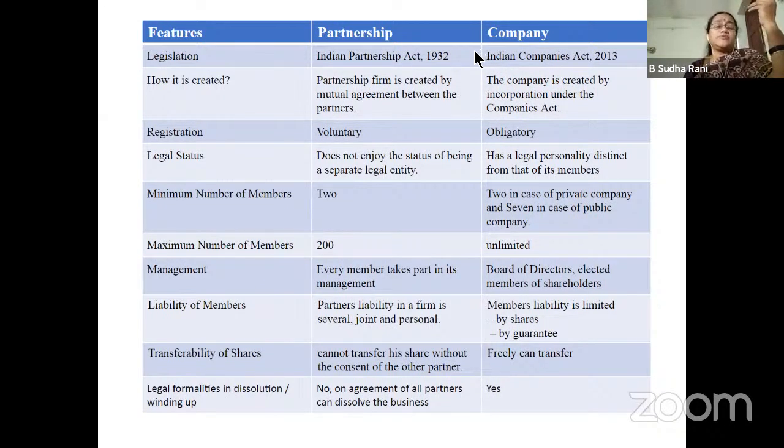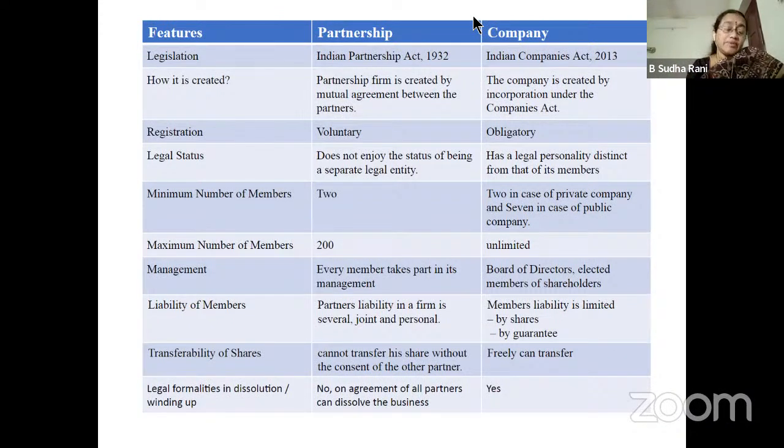how do these form? Partnership is formed with the agreement among the partners themselves. A joint stock company is created by recognition. That is, it's not only the agreement among the partners. Along with that, they should get registered. So partnership is formed with the agreement among the partners, whereas the joint stock company forms with registration, that is incorporation.